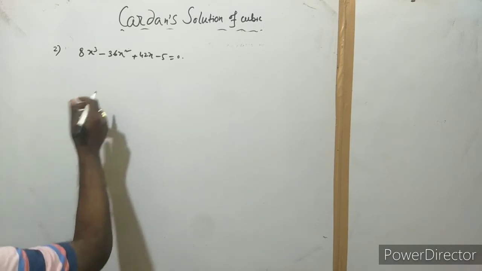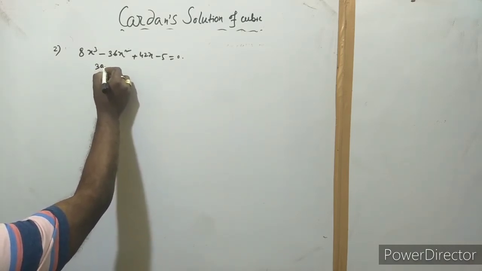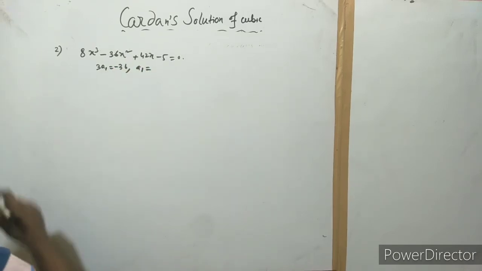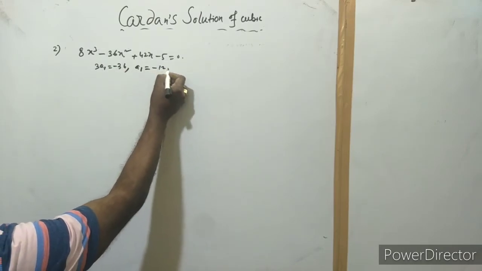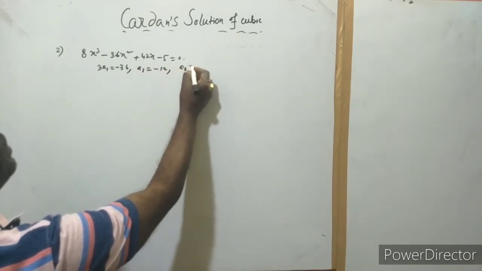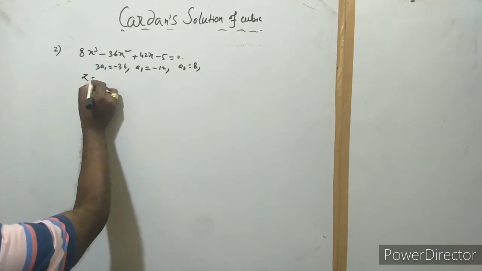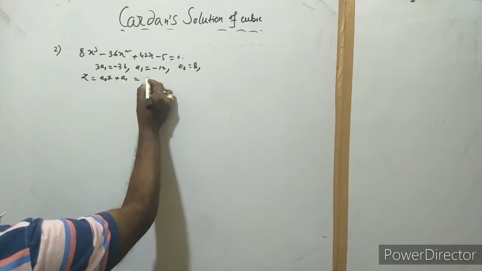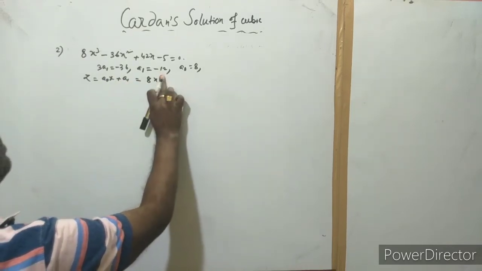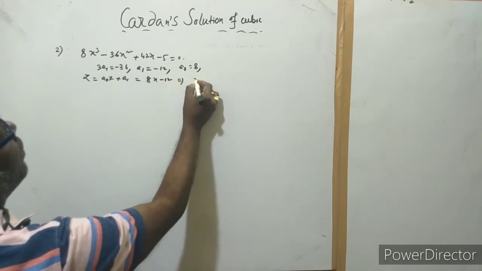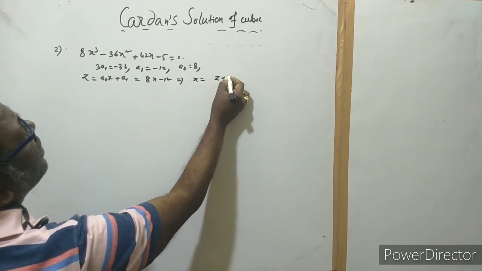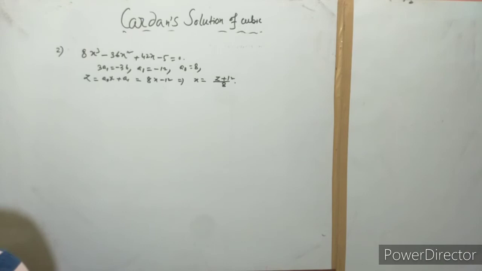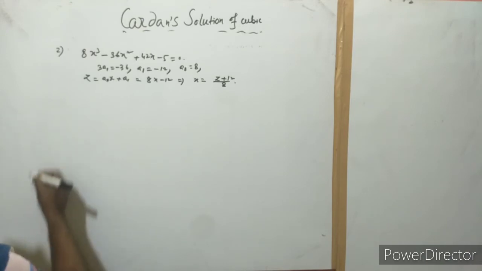So see, this is 3a1, this is minus 36. So a1 is equal to minus 12 and a naught equal to 8. So z is equal to a naught x plus a1. A naught means 8x and a1 means minus 12 actually. So x is equal to z plus 12 by 8. So this is here z plus 12 by 8. And now